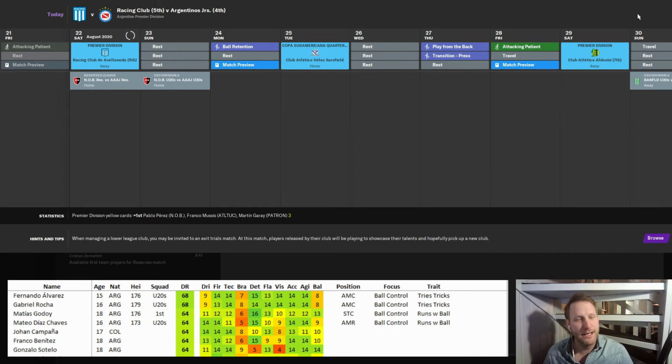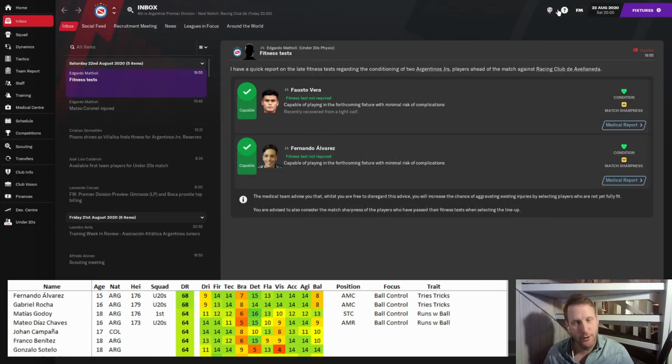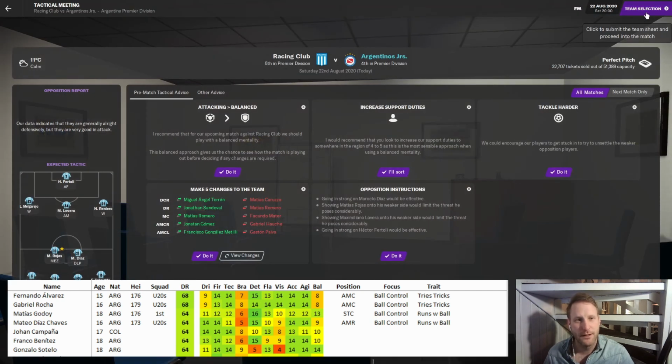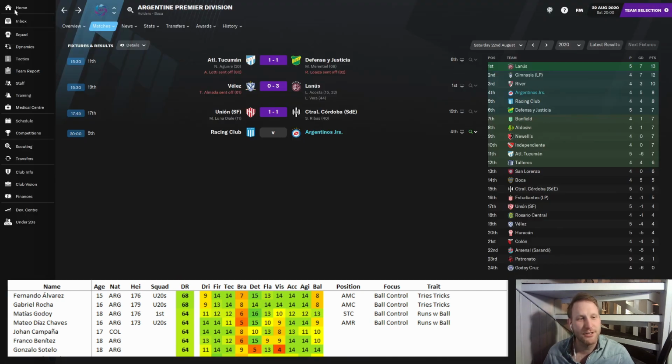So away against Racing Club, and then we are playing Vélez Sarsfield at home. Training ratings across the board go up with better facilities. I don't know. I have no idea. Another good question that I don't have an answer for. Isn't this the most Argentinian thing you've ever seen? 3 red cards in 3 games. I just saw that and kind of smiled to myself.